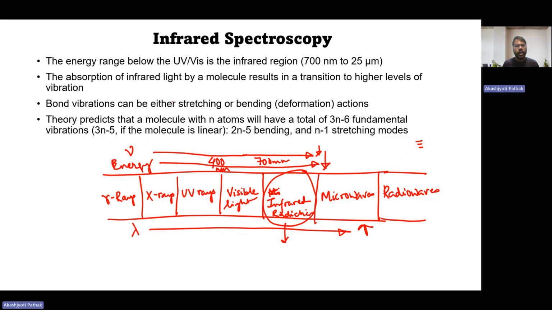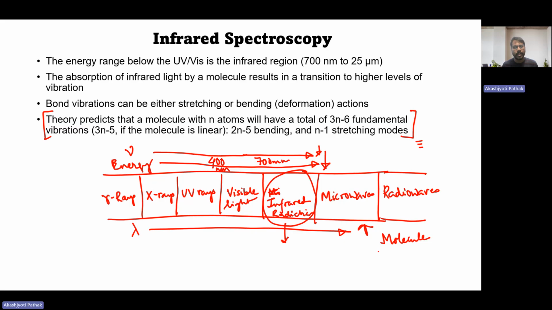vibration. Now, the bond vibrations can be either stretching or bending. We will see what is bending and what is stretching. The theory predicts that a molecule with n atoms will have a total of 3n minus 6 fundamental vibrations: 2n minus 5 bending and n minus 1 stretching modes. We will look into these concepts in detail in the subsequent slides. But basically, what is happening is that when we apply infrared radiation, any molecule will